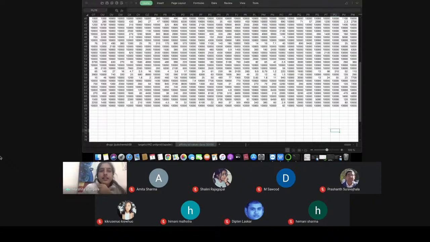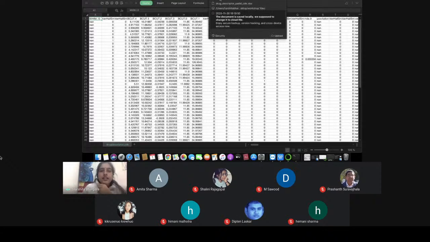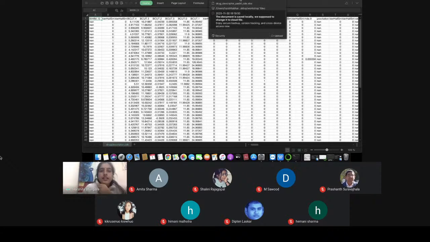So in the next thing, this is the Excel that I have. The first thing was to extract the drug features. So I have used the ChemDes server. You can search this online. ChemDes server is available online, in which you have an aggregation of a lot of separate tools. You have RDKit there, PaDEL descriptors there. So you can search for a particular one. So I have used the PaDEL CDK descriptors.